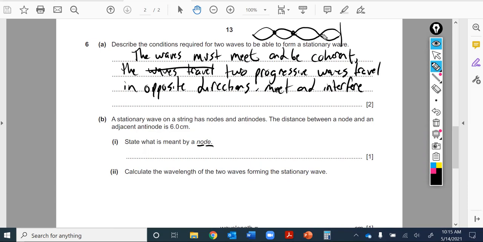So these points right here where the waves have sort of canceled each other out, these would be the nodes. So it's telling us that we have this series of loops as one way to think about a stationary wave. And the antinodes are here and the nodes are here. So they're telling us it's 6 centimeters to get from there to there. An area of no displacement